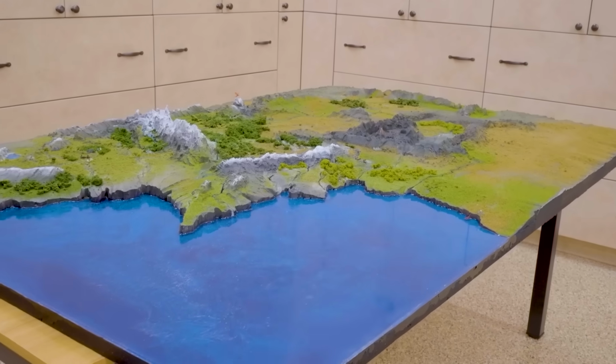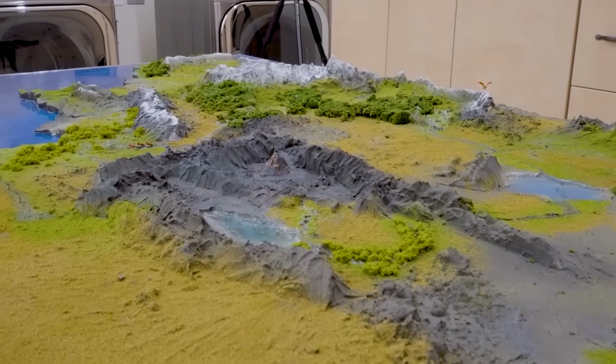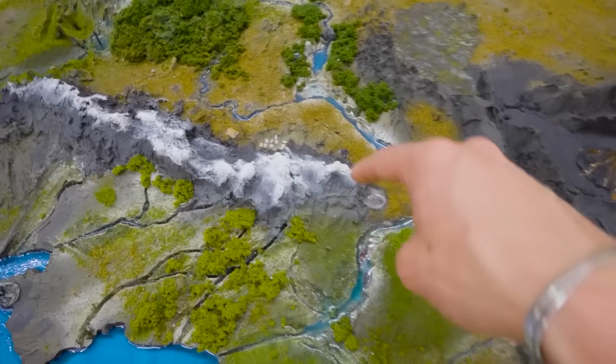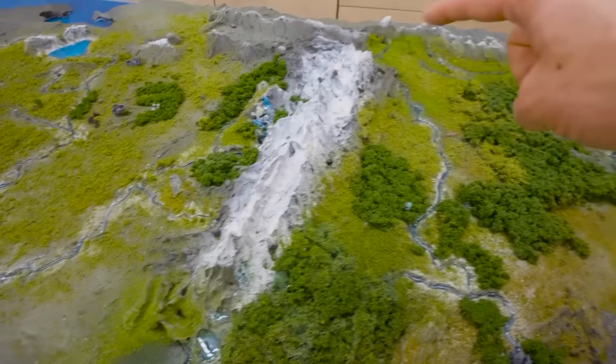I built this giant mini terrain map of Middle-earth, and you might have seen it on TikTok or Instagram. But today, you're about to experience Middle-earth and the Lord of the Rings trilogy in a way that you never have before. Because today, we're going to track the paths of every character in the Lord of the Rings from